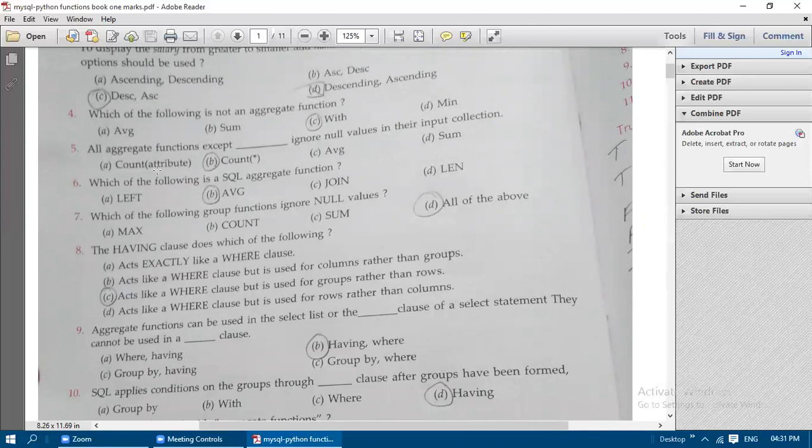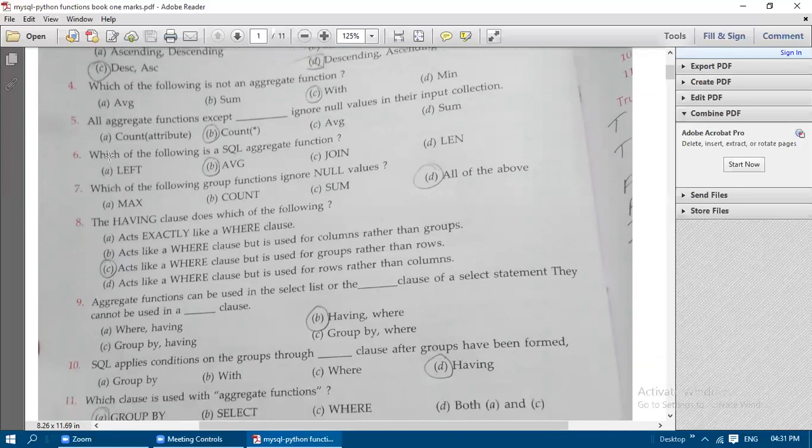If we give COUNT of some field name, that is an attribute, inside the parenthesis, and likewise the average function and sum function, they will ignore the null values. The COUNT(*) alone will not ignore the null value.